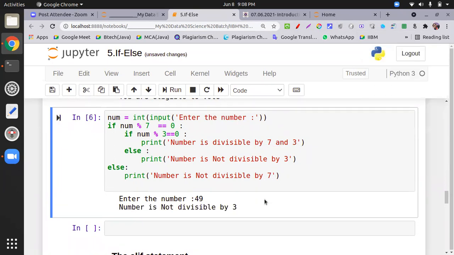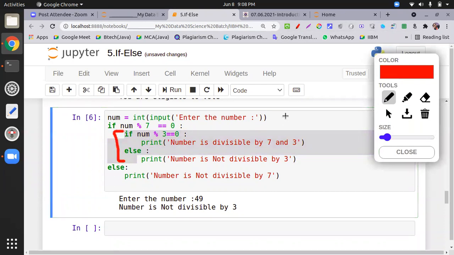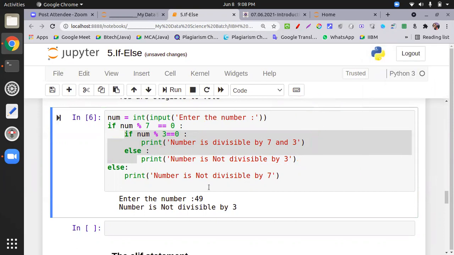Then we have a discussion. Number is not divisible by 3 means this line is going to be executed. What happened behind this? You check the number 49. Perfect, it is divisible. Now I check the number because this is one block. What is one block? This is one block. To enter this block, it is mandatory that the number should be divisible by 3. So 49 is divisible by 7, but not by 3. So it is executed over here. If else is not tough, but how we place the indentation, how we place the blocking, how we do nesting, how we write independent conditions, that is important.